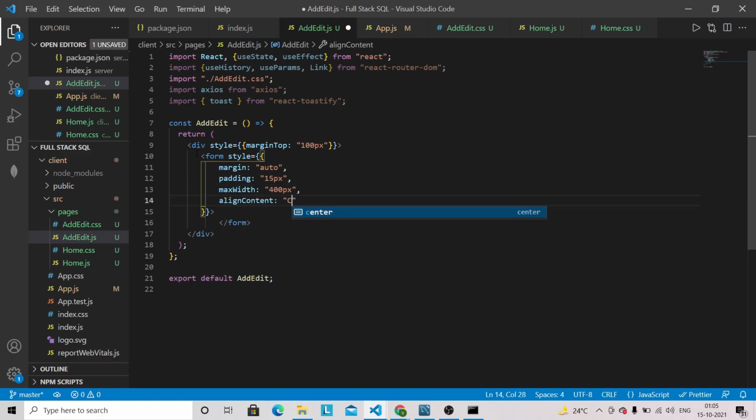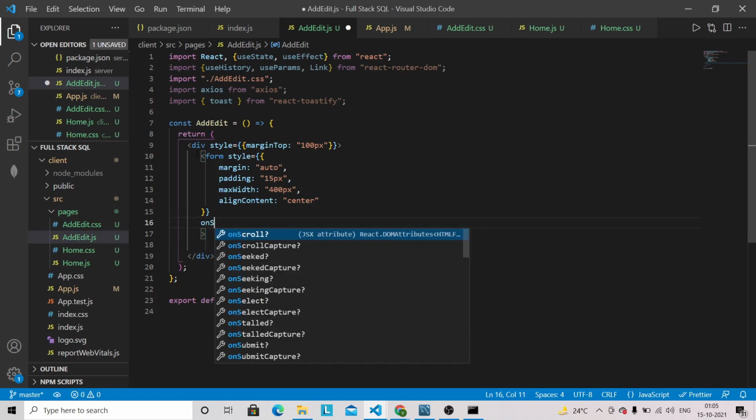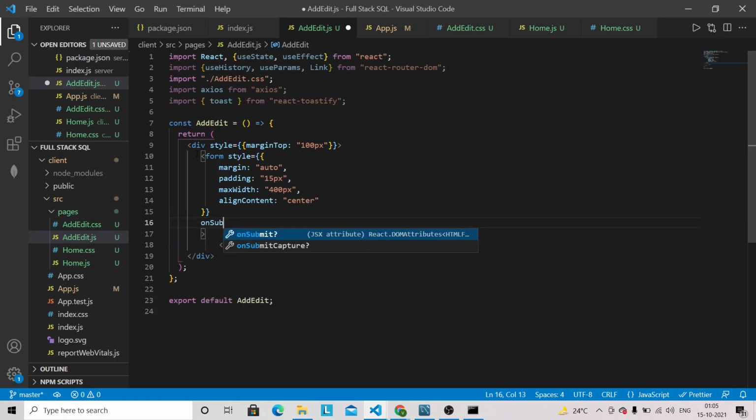Then align content center, and we will have an onSubmit, so let's define the method handleSubmit,